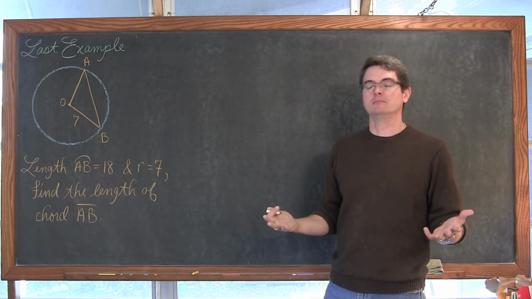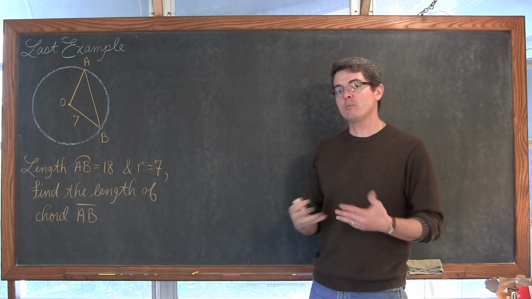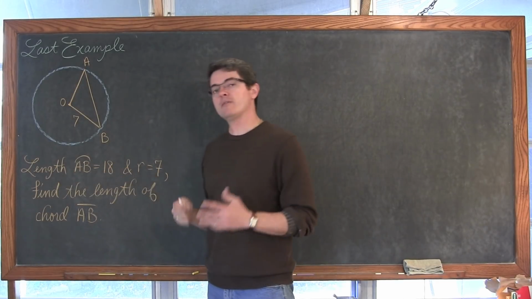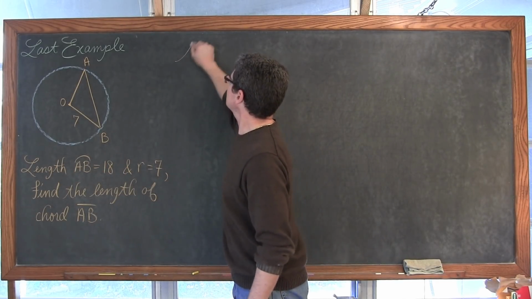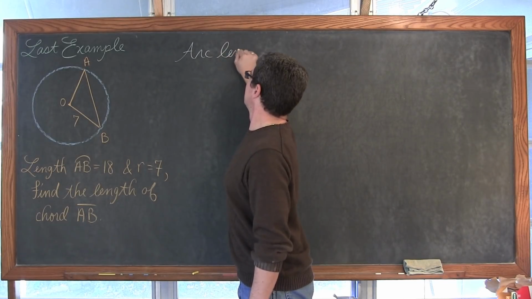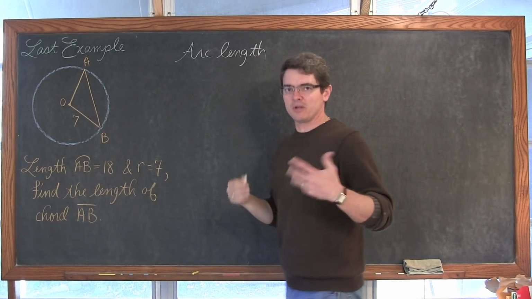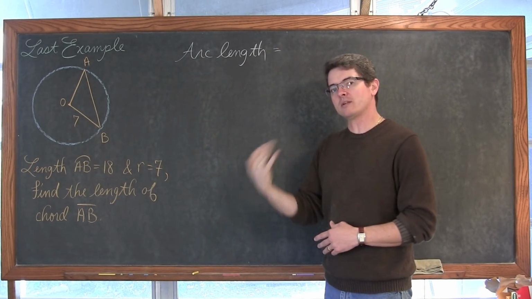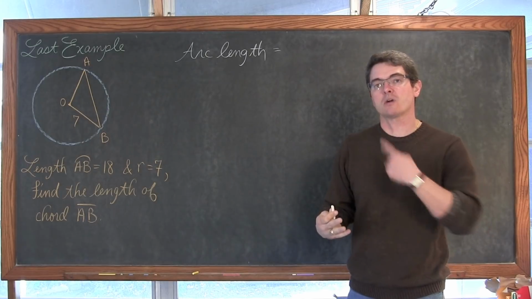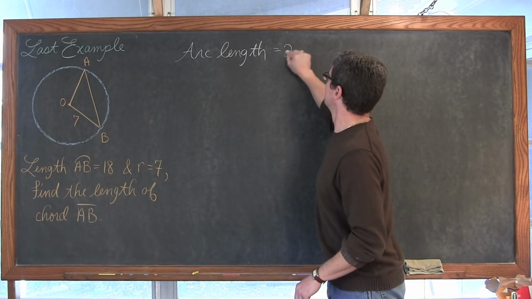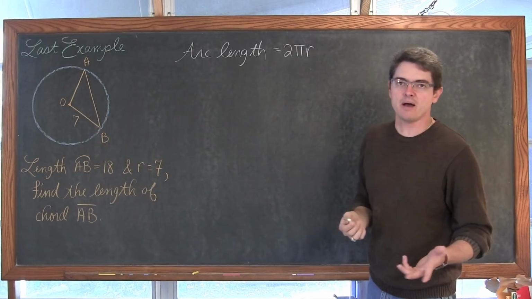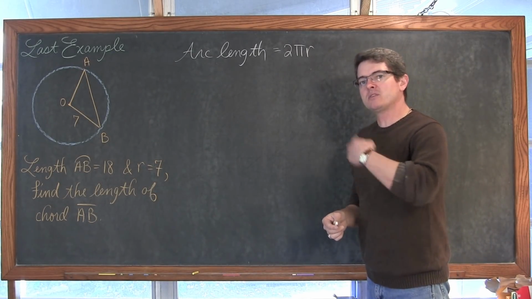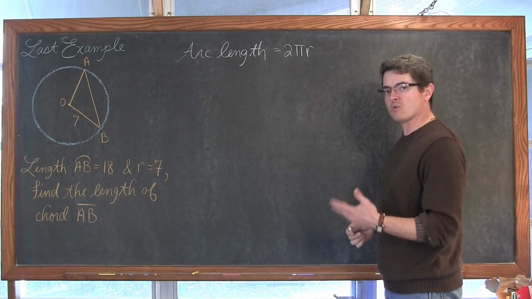So what information is given? How do we start this problem? Well, we pick the number that has a formula attached to it and let the formula tell us what to do. And that is arc length. We have an arc length of 18. Well, arc length, this is going to be a pretty lengthy problem, by the way. Arc length, length around a circle. Okay, so we've got to be starting with something about circumference of a circle, which is 2 pi r. It's diameter times pi as well, but we're going to focus on the radius. And arc length is just a percentage of the circle that I'm concerned with or I'm using.